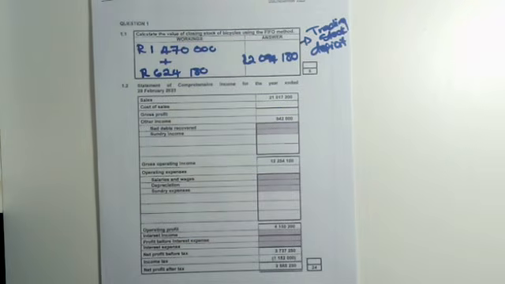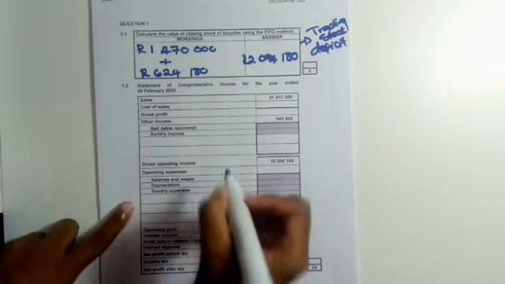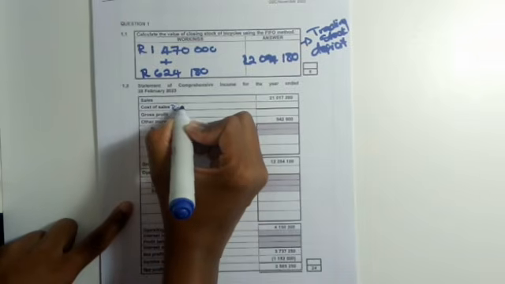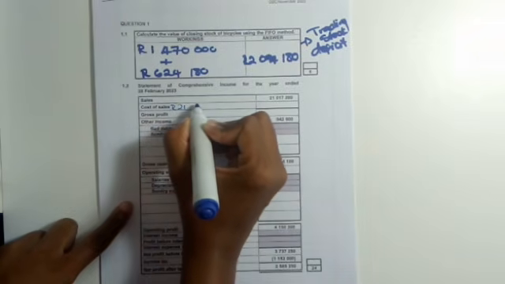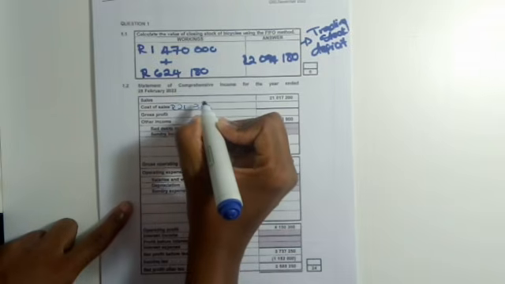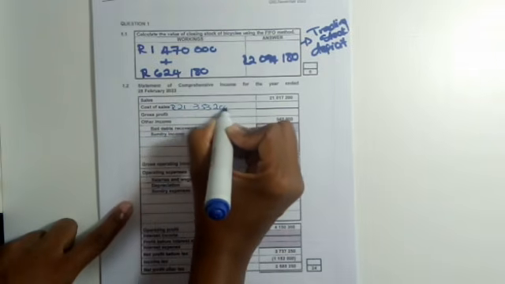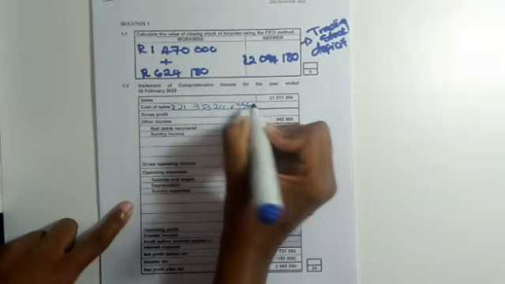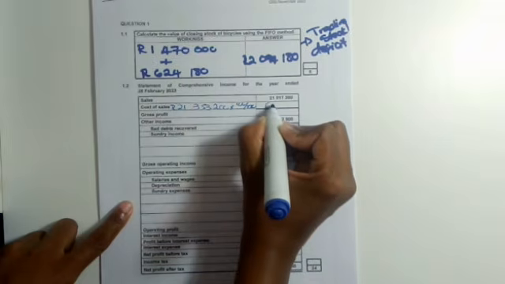Now what is left is for us to transfer into our answer book. So that amount that we got after adding the two amounts together was 21,353,200 multiplied by 100 over 220, and it gave us